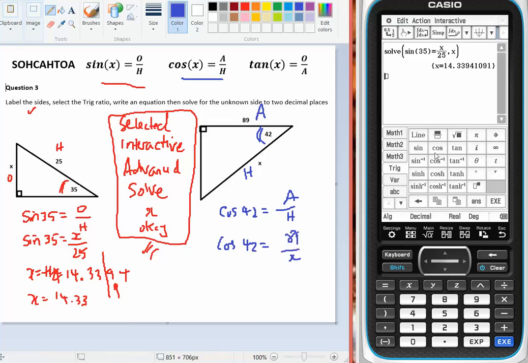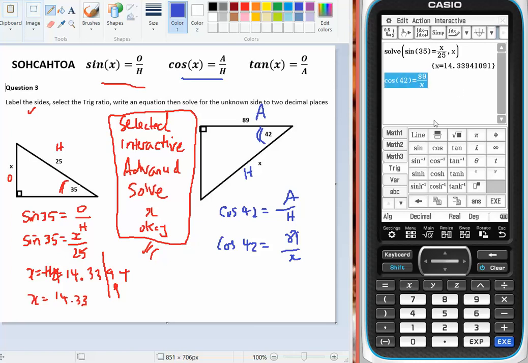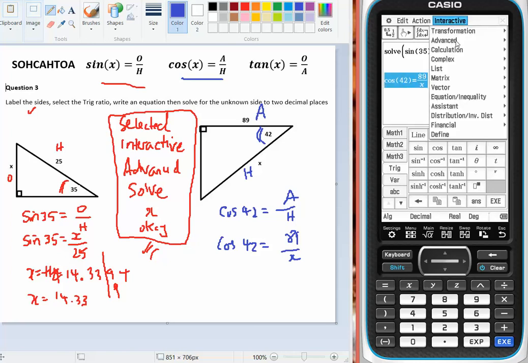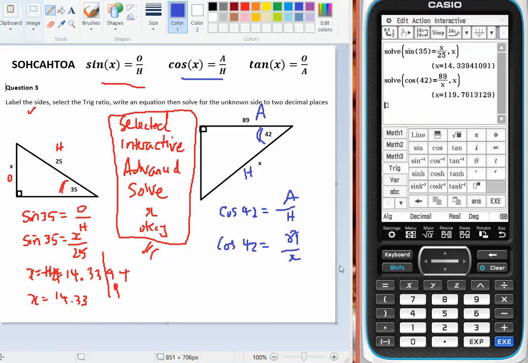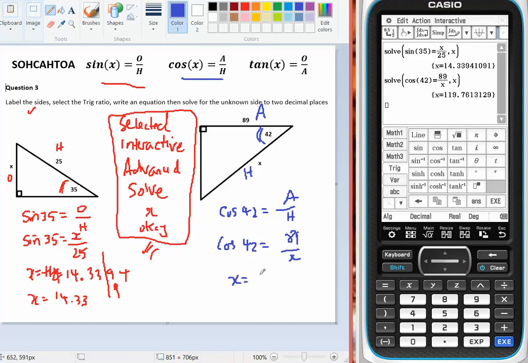On my calculator, cos 42 close bracket equals fraction 89 on x. I then select it. I go interactive, advanced solve, and I solve for x, OK. And I get an answer of x equals